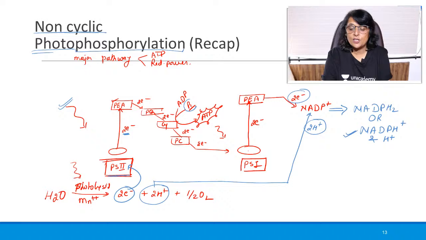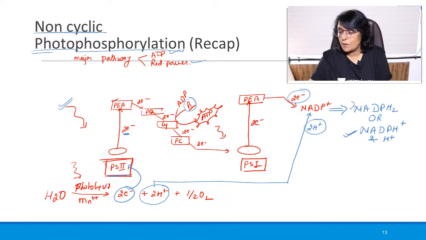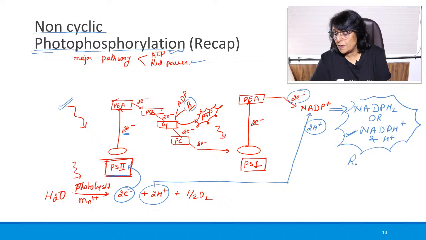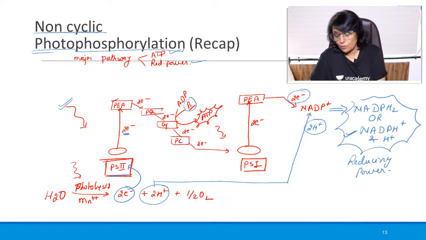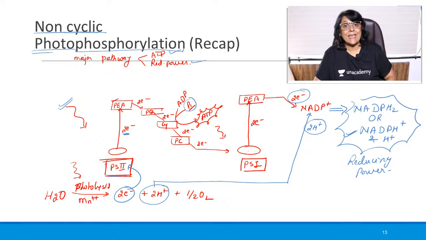Phosphorylation is addition of phosphate. Now 2 things are produced, ATP and reducing power. This is our reducing power, and these two things will be used up in the dark reaction. Okay, so this is a recap of